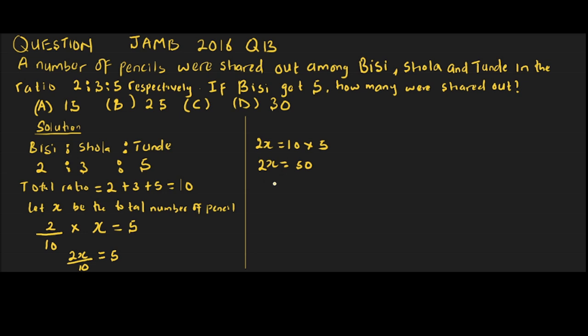To get our x, we divide both sides by 2. We have 2x over 2 is equal to 50 over 2. Here we have x is equal to 25. And that means we represent x as the total number of pencils. So how many pencils were shared out? That means 25 pencils were shared out. That's option B. Surely,